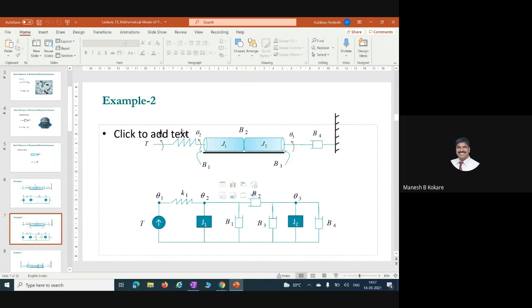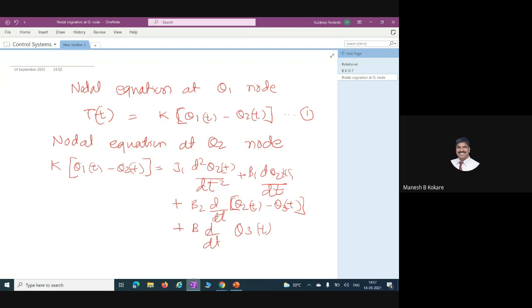So the nodal equation at theta 3 node will be: total incoming torque equal to B2 d by dt of (theta 2 of t minus theta 3 of t)